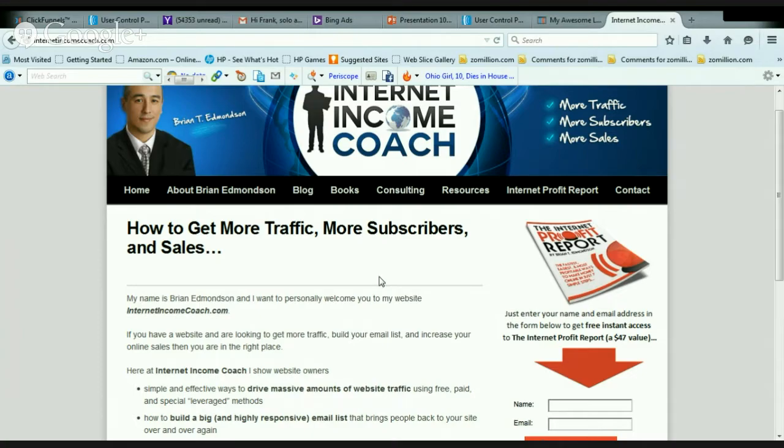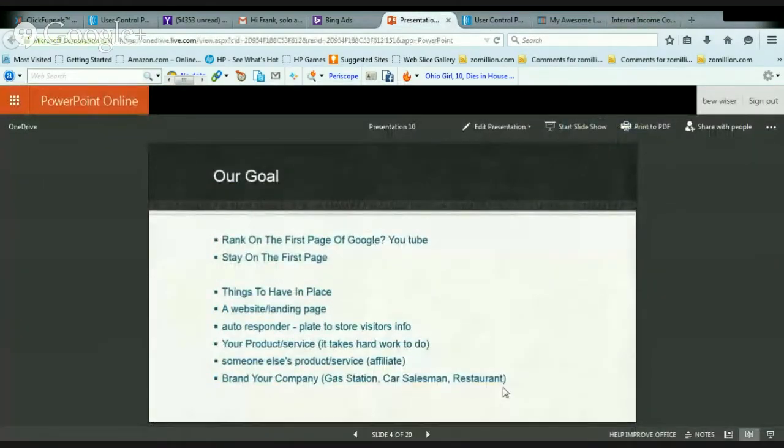We just push a button, and close to 16,000 people got the email. So just imagine how powerful that is. Let me go back to my slide. So that's simply what an autoresponder is. It's very powerful, and it's just a platform where visitors that come to your website, you can save their information, so you can build a relationship with them. And it's not just to send 2,000 emails and spam people. I will talk more about that. Let's just go